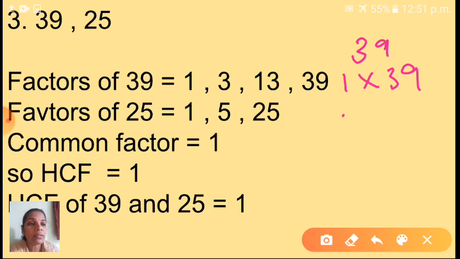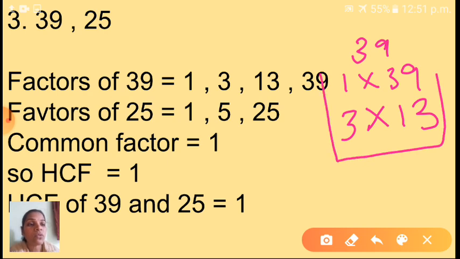Okay. So 3. 3 into how many 3's are 39? That we have to find. So 13 3's are 39. Okay. So these 4 numbers are the factors of 39. Okay children. So 4, 5, 6, 7, in these numbers' tables, 39 will not come as a multiple. So these 4 numbers, that means 1, 3, 13 and 39, are the factors of 39.